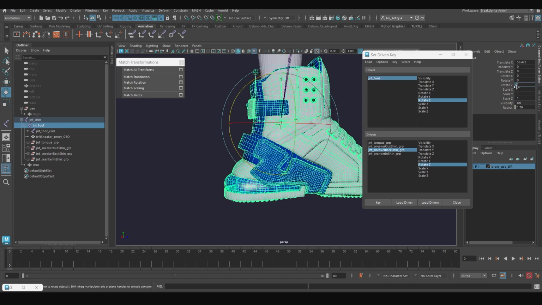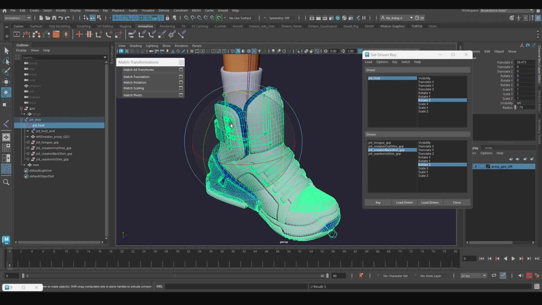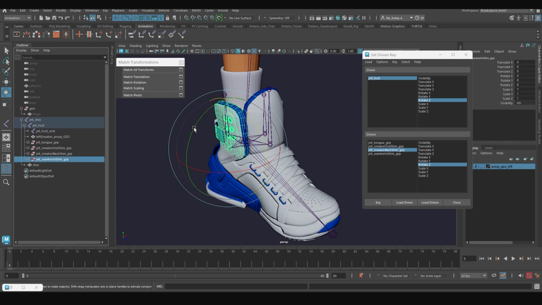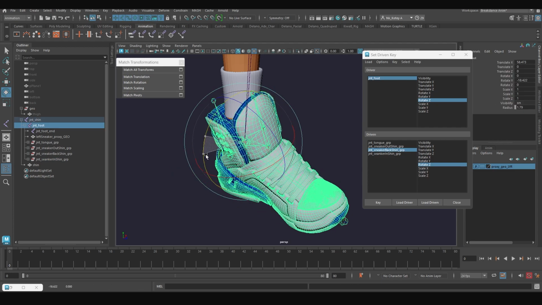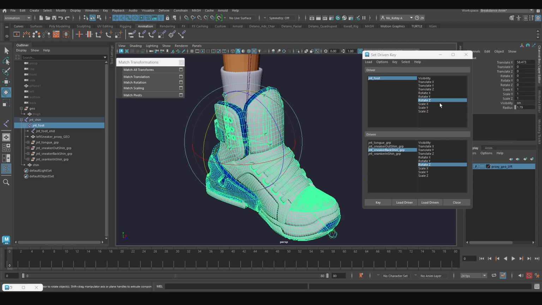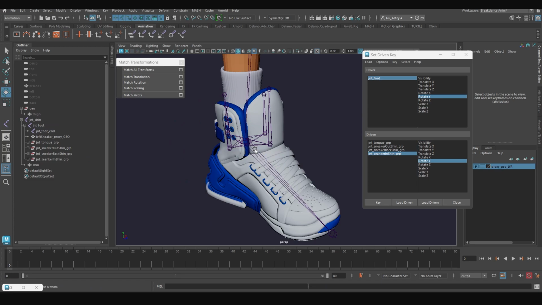All right, let's finish with the sides. So I'll select the foot control. First, let me find out which, let's go, we're going with the end shin. We're looking for rotate Y. And this is probably it, so, yep, rotate Y. So, select the foot, select this rotate Y, select the end shin, select this rotate Y, set an initial key,